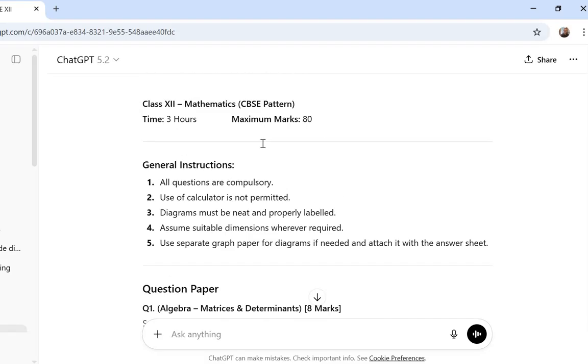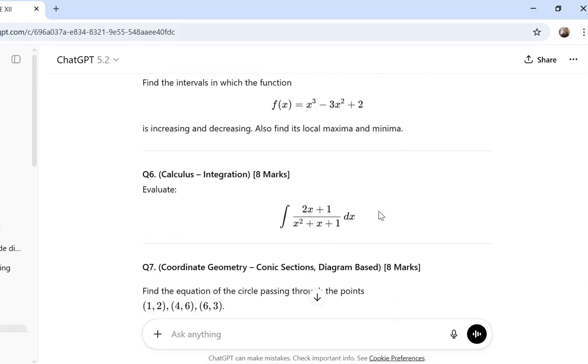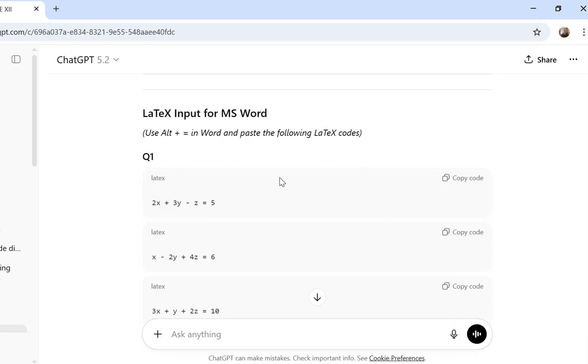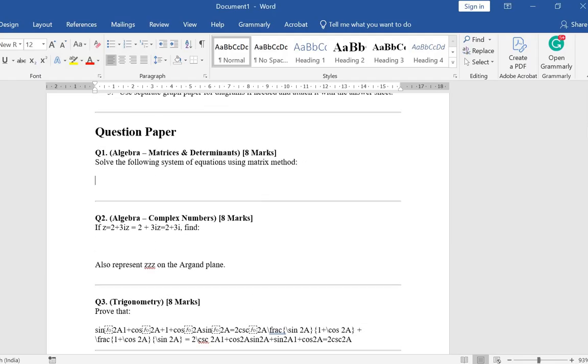So let us go with question number 1. So this has 3 portions. Solve the following system of equations. Okay, so what we are going to do is use this LaTeX input for MS Word, and for that what we need to do is press Alt equal to sign and paste this LaTeX code. So this is question number 1,